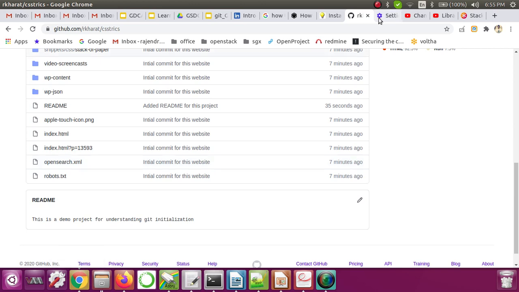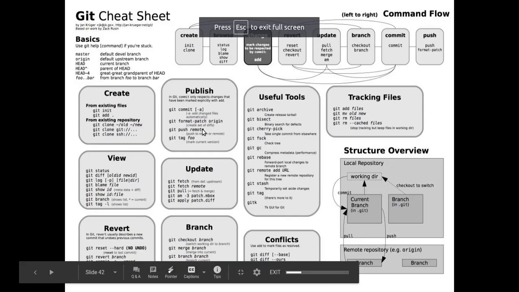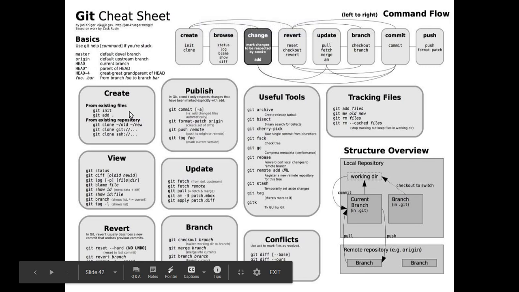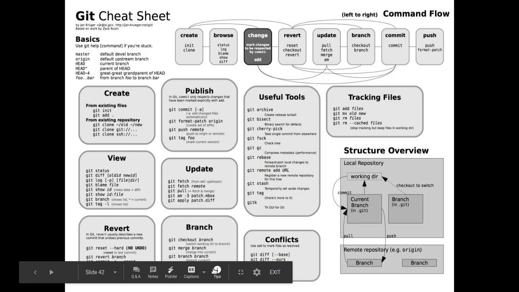let's go back and see the next few commands. Okay, so now we have discussed about init for already available project. Okay, now we also talked about the few view commands as well in our previous video. Okay, there are some commands like git show command, tag command I didn't cover in the last video, so let's see that now.